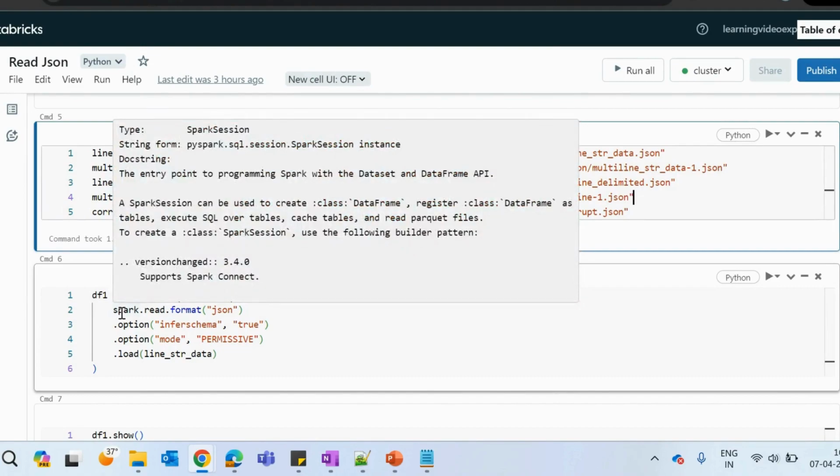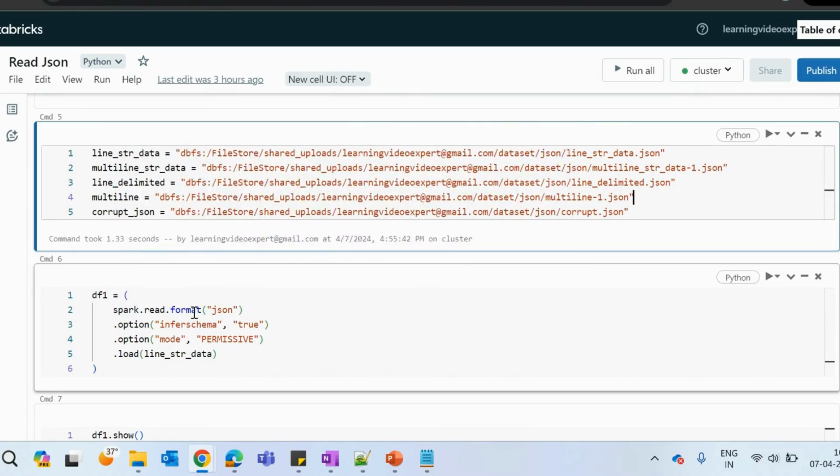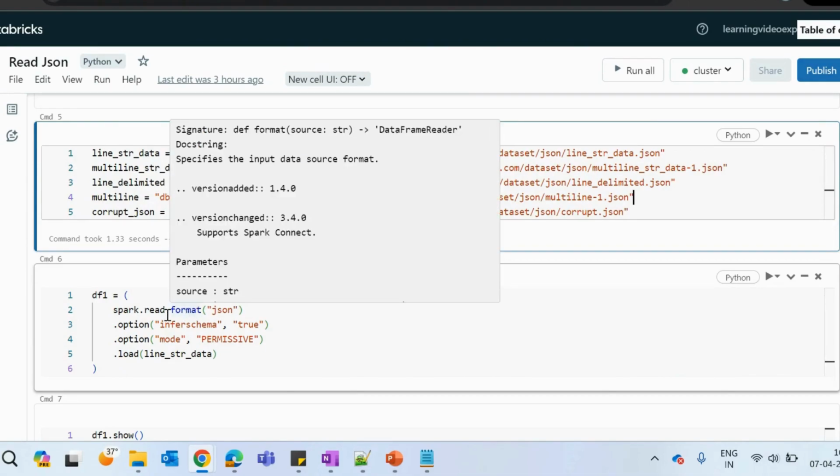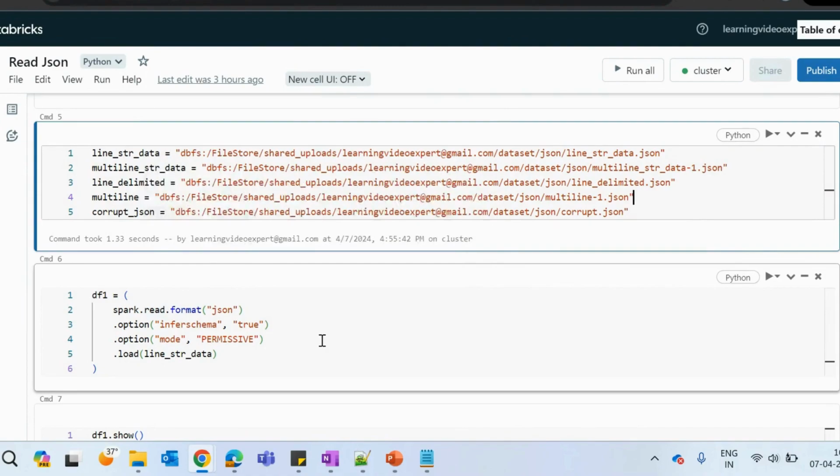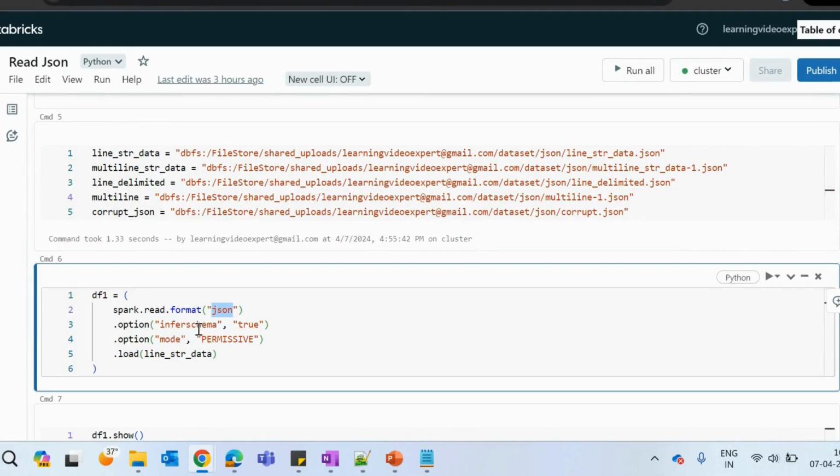For that, we will be introducing this particular read format. In the previous session, the CSV file session, we declared this read.format, and I explained how this read.format works. In the same way, we have to read this data set with our format called JSON, and I will infer the schema. Basically, it will read the whole data set and get the schema out of it. And the mode is permissive. If there is any corrupt data, it is going to store that in a specific column called corrupt records. That is what the permissive mode means.